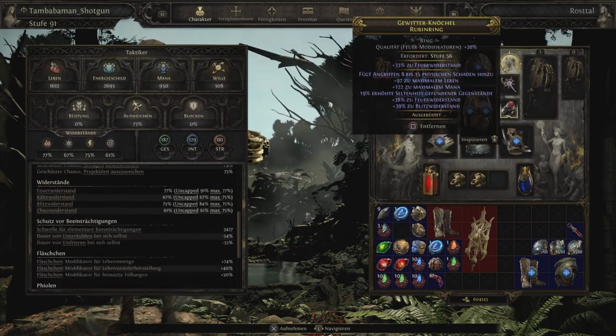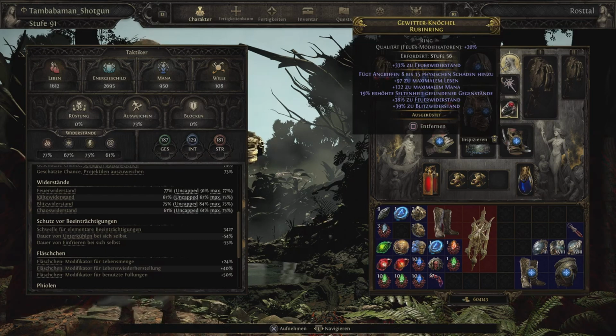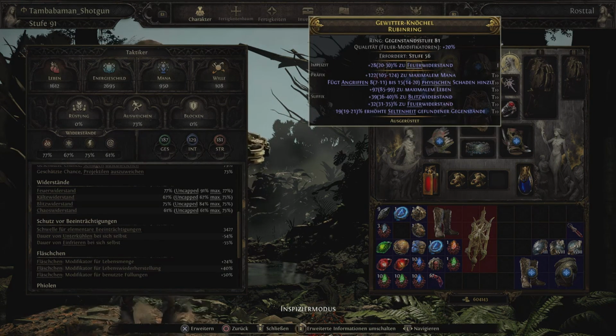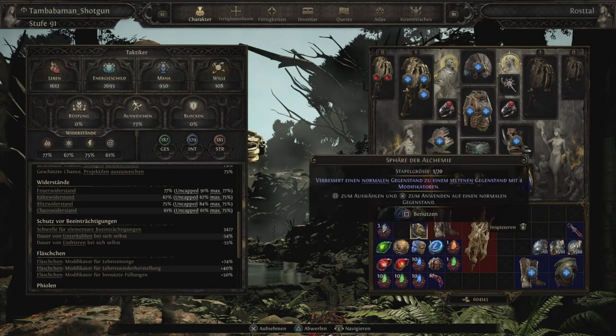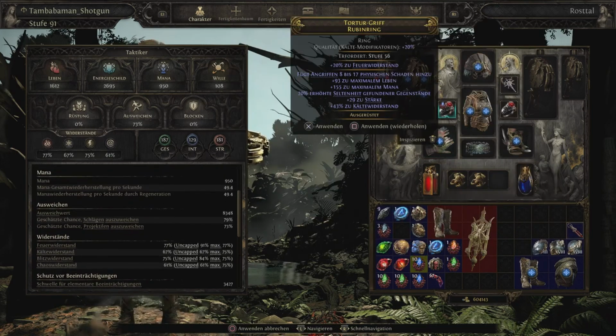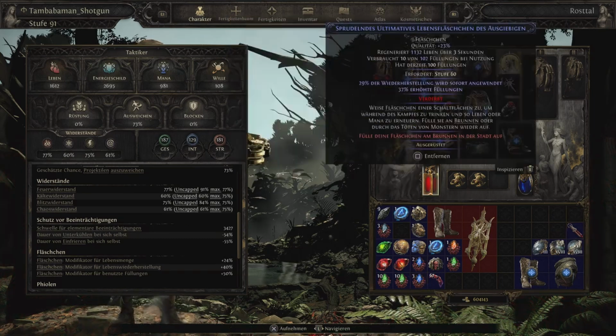I have two fire mods: the implicit of the ring and another fire roll on the suffix. And both of them get 20% increase. So you see, only this ring gets me 71% of fire resistance. And it's because of the 20% as well, because the 20% fire resistance quality is improving the fire resistance. But on this ring, I'm actually taking the mana modifier because I won't need cold res as much because